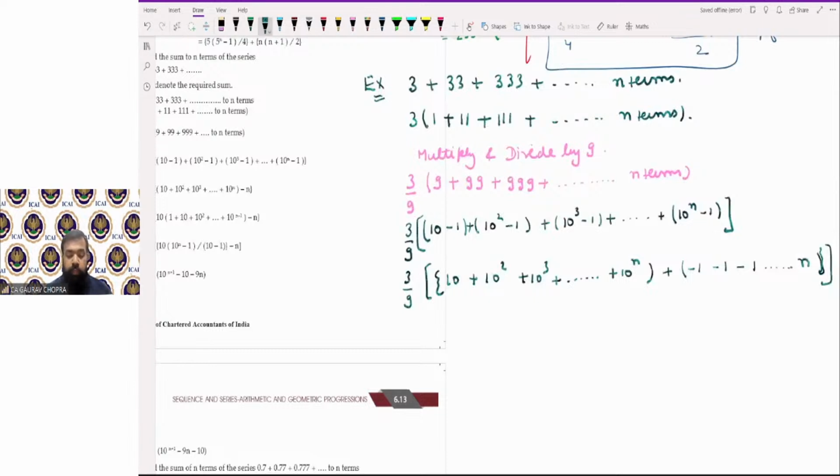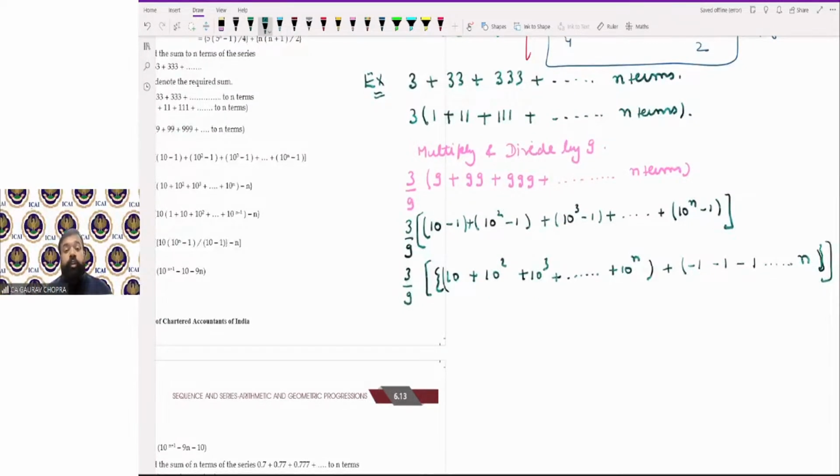चलिए अब इसको फटाफट सॉल्व करते हैं। तो फर्स्ट जो आपका पार्ट है, द फर्स्ट पोर्शन इज बेसिकली योर जीपी, बिकॉज 10, 10 स्क्वायर, 10 क्यूब, 10 टू द पावर ऑफ 4, सब कुछ 10 के मल्टीपल में जा रहा है, 10 की पावर में जा रहा है। सो फर्स्ट टर्म इज 10 एंड कॉमन रेशियो इज ऑल्सो 10। ओके,